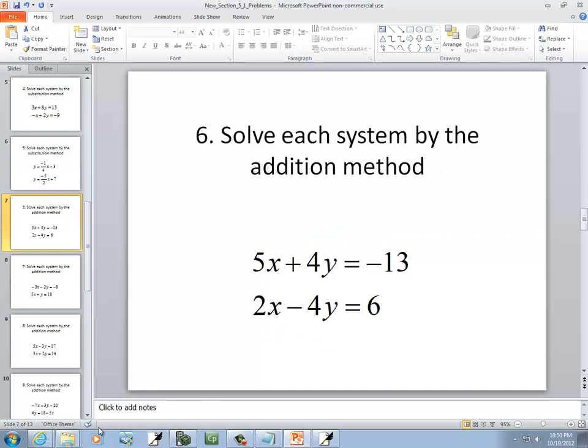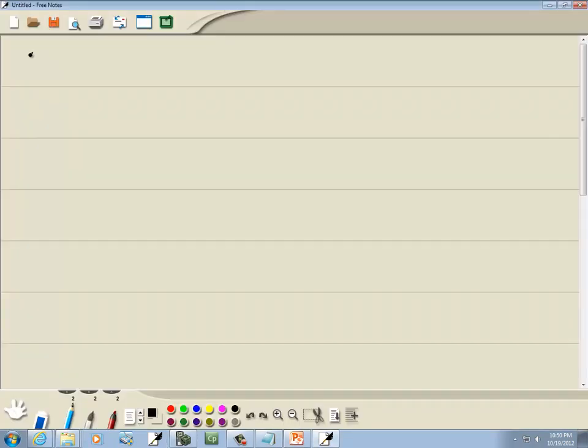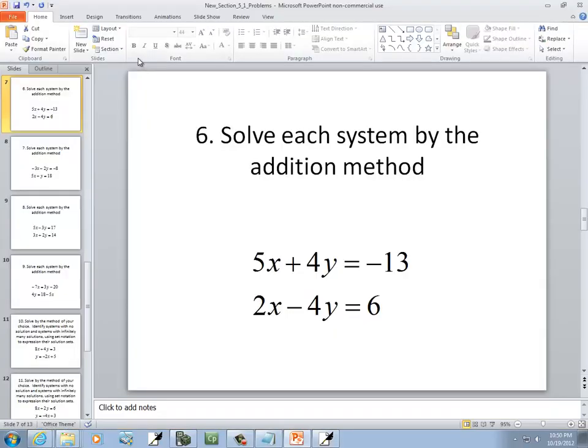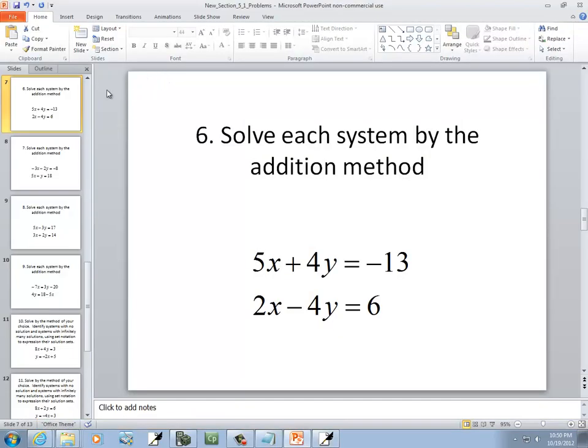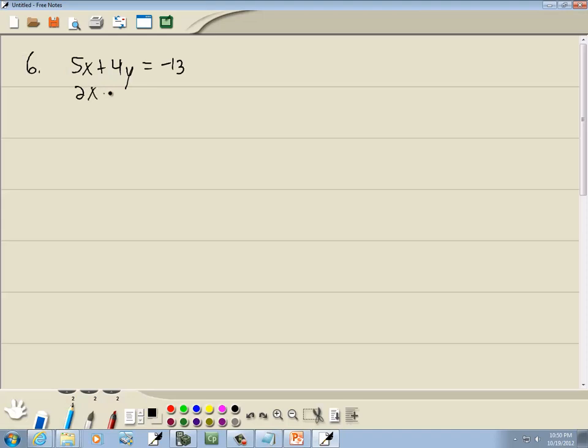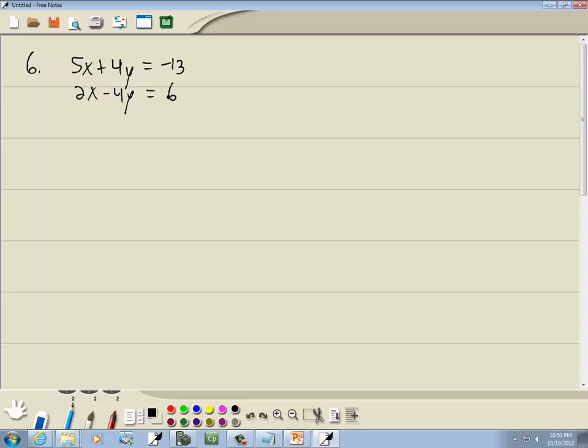This says solve each system by the addition method. Some books actually call this the elimination method. Let's take a look at it. We got 5x plus 4y equals negative 13. 2x minus 4y is equal to 6. With the addition method, with the elimination method, what we do is we add together the